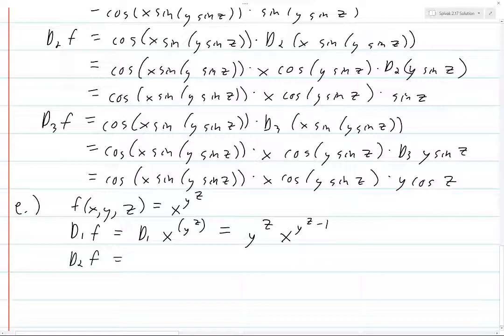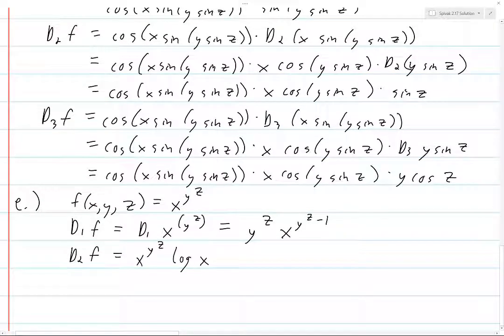But here it's x raised to the power of a function of y, so you do sort of the outside of the function. But then you multiply by the derivative of that function of y that we were using. So this is a derivative with respect to y of the exponent. And so let's see here, the x to the y to the z log x part stays the same. And here we multiply by the derivative with respect to y of y to the z, which is, again, the same rule that we used in the previous example, where you bring down the exponent and